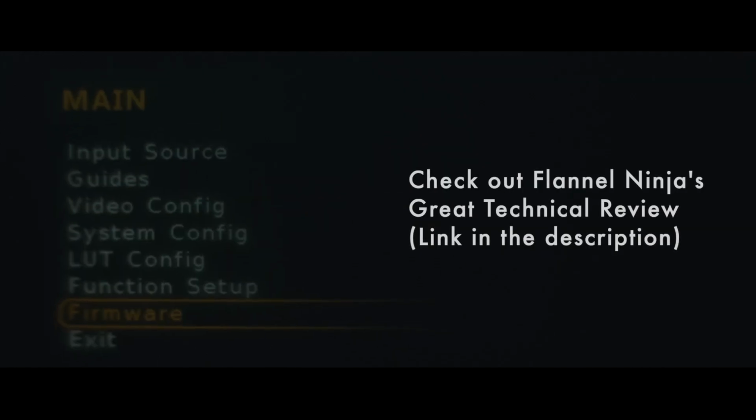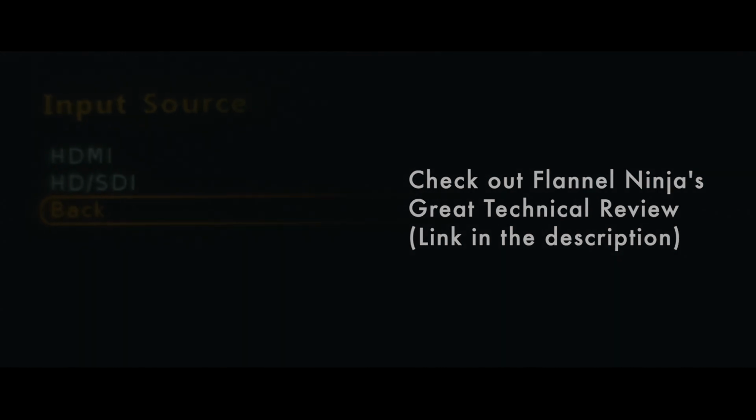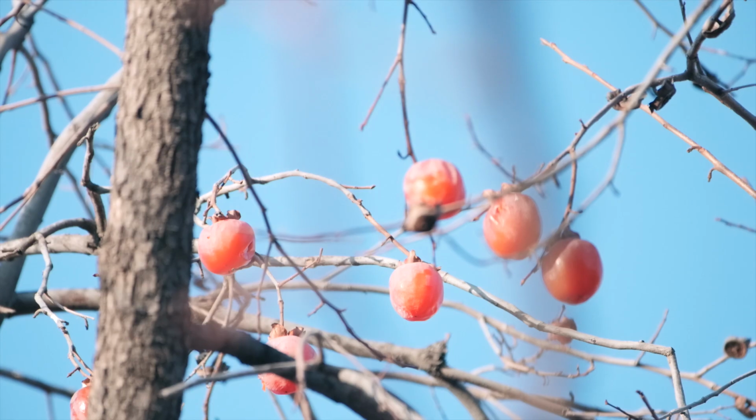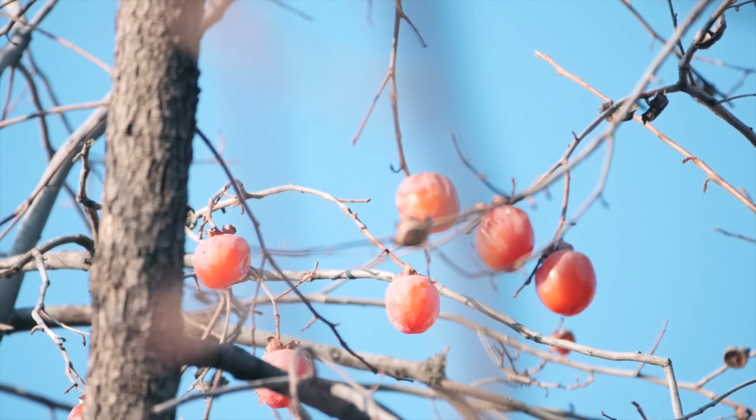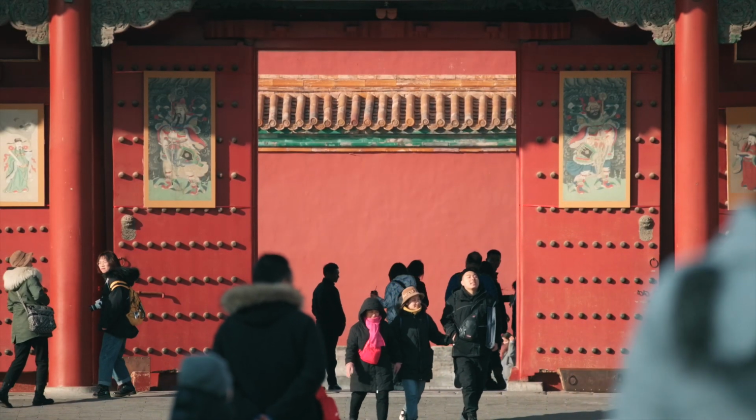I'm not going to talk about all the technical details of this product. There's already an extremely well done technical review by Flannel Ninja, which you should definitely check out. Okay, let's begin my very casual review. When I first received this EVF in early December,